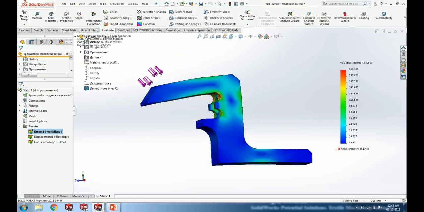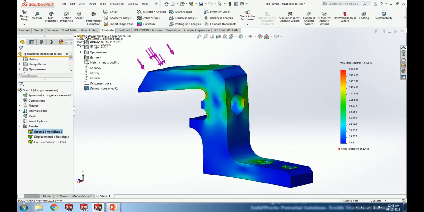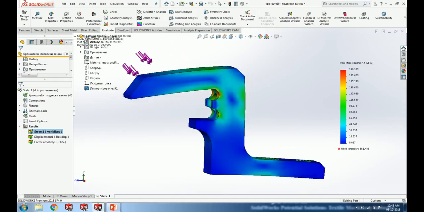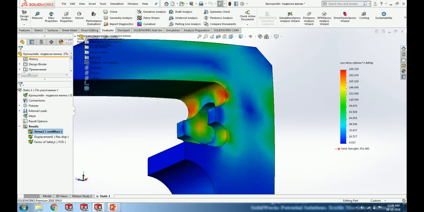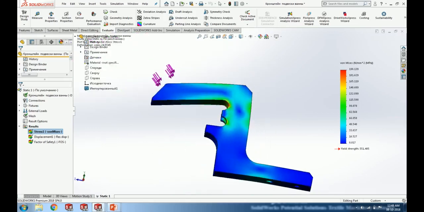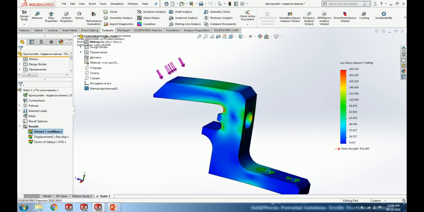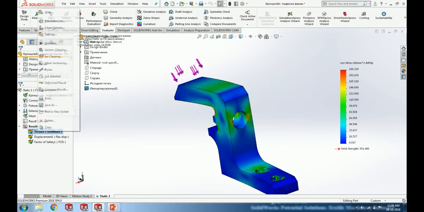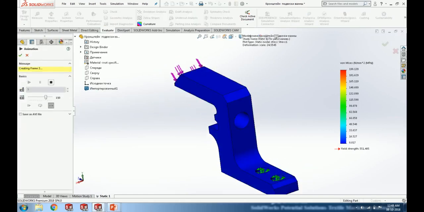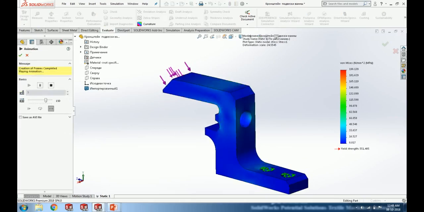So here you can find that the design changes instantly. The red color indicates a critical level, and the blue color indicates safe levels. Here you can find the deformation from these stresses, and how long these stresses, the load acts throughout the body,